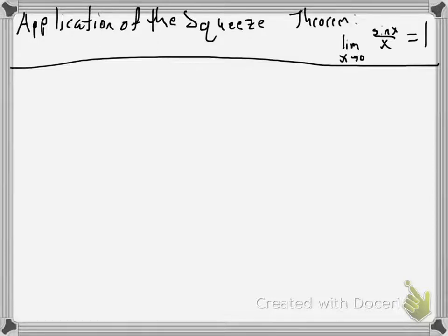Let's look at an example of that application of the squeeze theorem, and that was to prove that the limit as x goes to 0 of sine of x over x is equal to 1. We can't directly substitute 0 in because we get an indeterminate form. So what we'll do is draw a reference angle here,